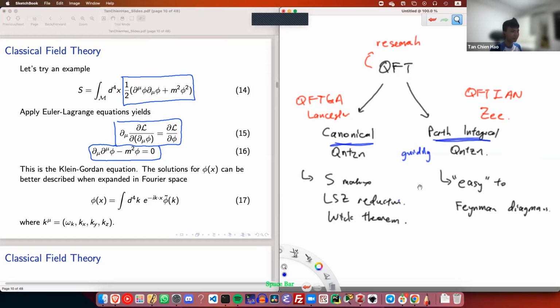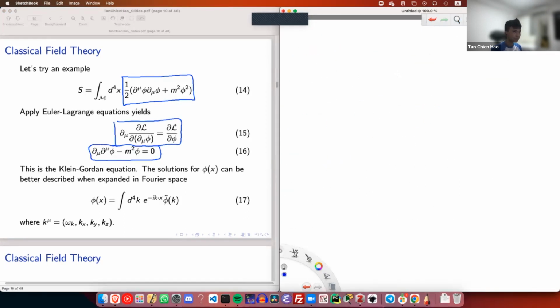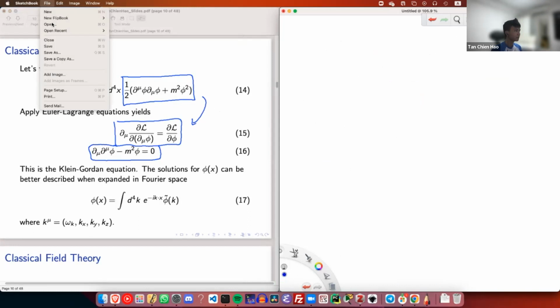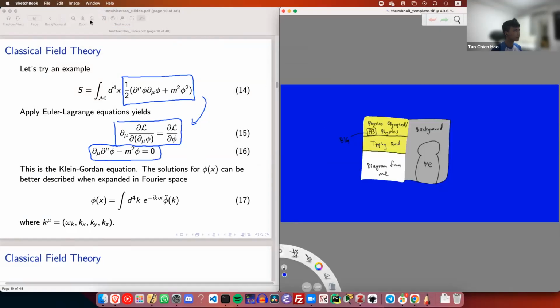Let me step through it, because this is admittedly something that I struggled with when I was studying classical field theory, because textbooks usually just go from here to here, and then I'm usually lost. Okay, so we have the Lagrangian. Let me just pull up a better